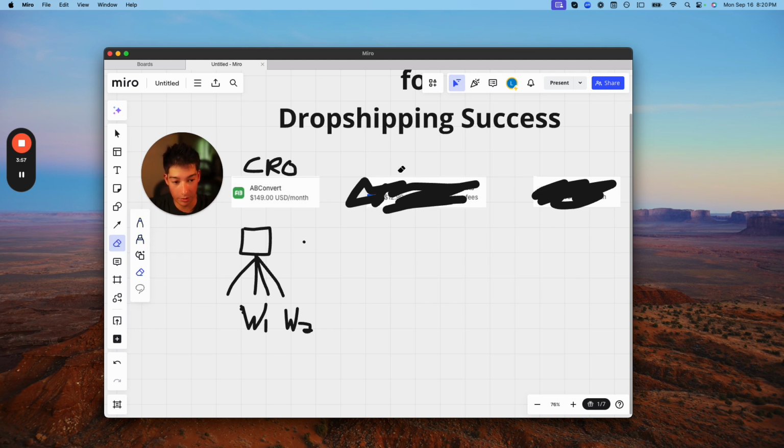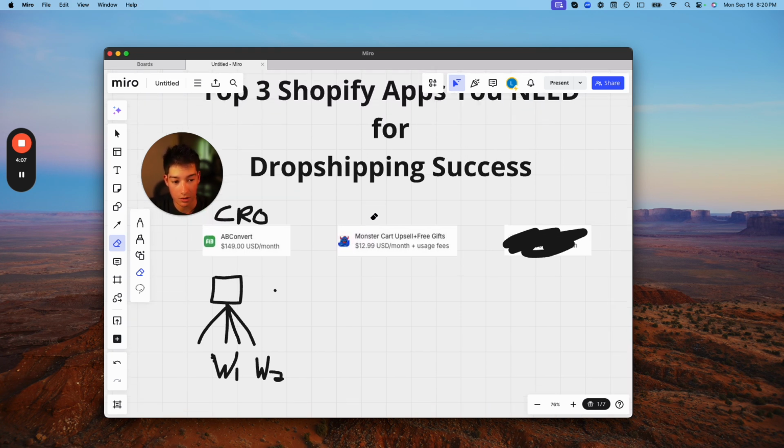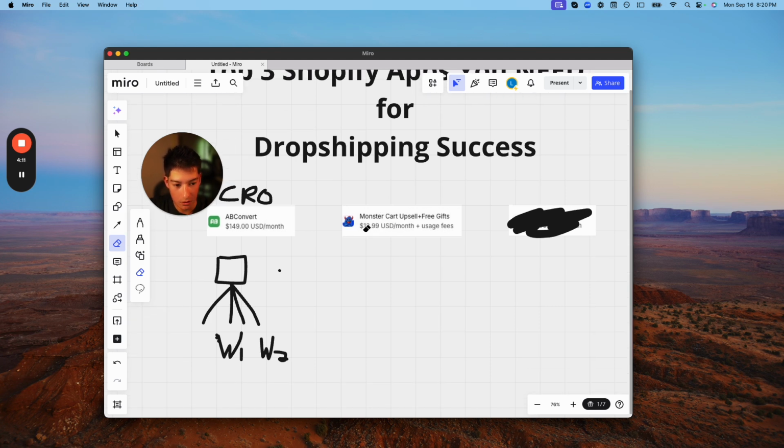Now, app number 2 that I think is mandatory on every store in every single niche, and you can get this from day 1 on your test and just have it on your store for testing. It is called Monster Cart Upsell. I would just go look. You can probably just Google Monster Cart Upsell and you can see what it does to your add to cart. But instead of the Shopify standard add to cart,